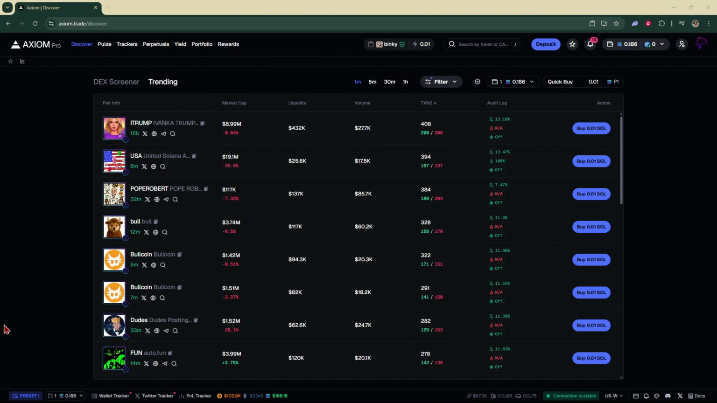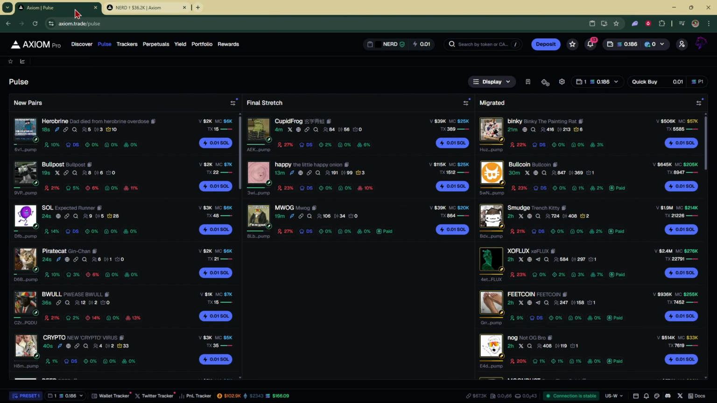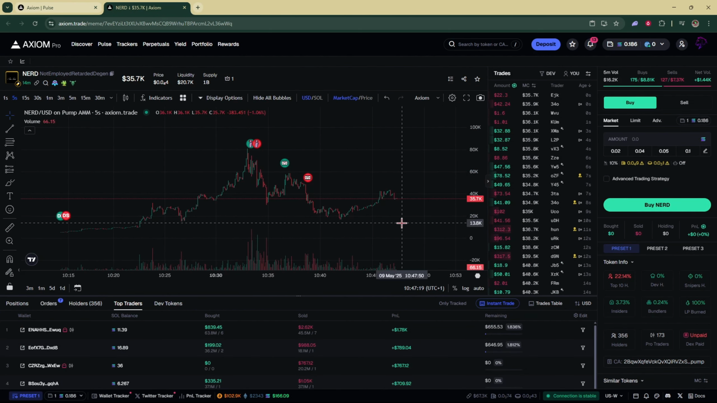So once you've made and logged into your account, you're going to come to a page that looks like this. You might also be in the Pulse tab with your new pairs, final stretch, and your migrated tokens. And in order to set up a stop loss, we're just going to pick a coin to demonstrate. Once you're in your coin, you're going to go right over here under the buy sell section, and you're going